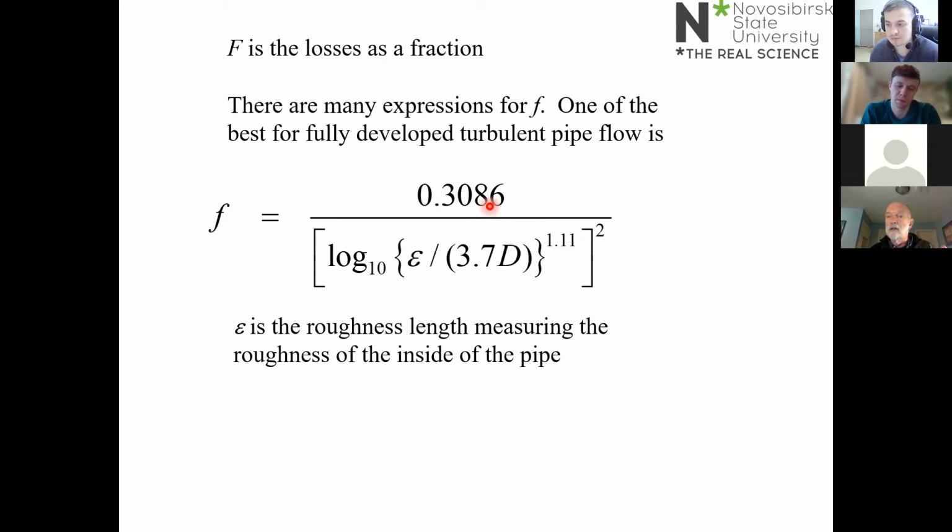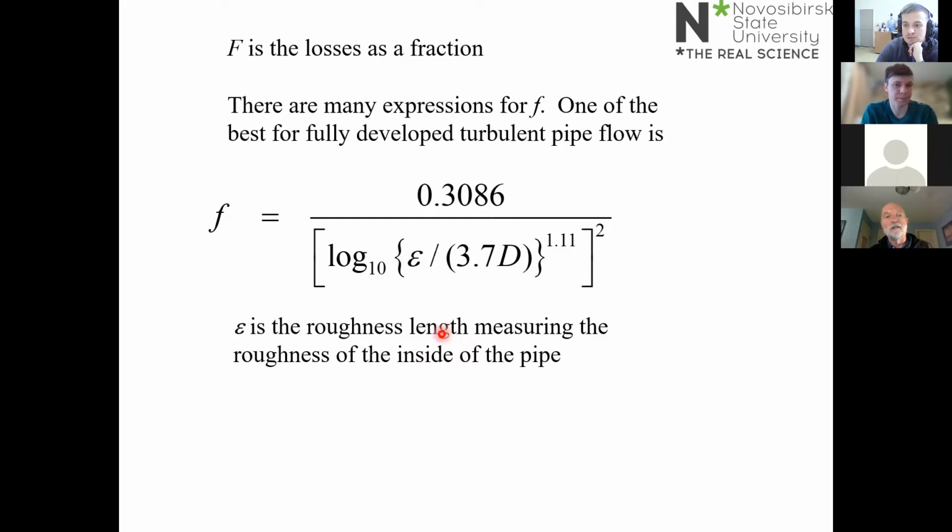And remember, these frictional losses are due to friction at the wall of the pipe. Okay, the frictional stress that is transmitted from the fluid to the wall is due to the velocity gradient at the wall times the viscosity of the fluid. And so what that means is that